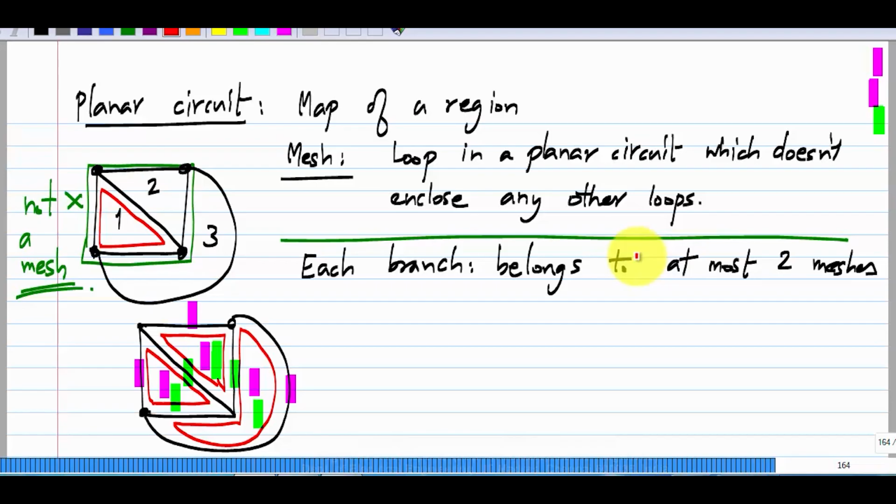Now, by the way, once you have drawn the circuit, identifying the meshes is unambiguous. Each region is enclosed by a loop of branches, and that's a mesh, and of course you just make sure that there are no further loops inside this loop. But the same circuit can be drawn in different ways, so that still gives you some ambiguity, but once you have drawn the circuit, there is no ambiguity about the meshes. What I mean is,